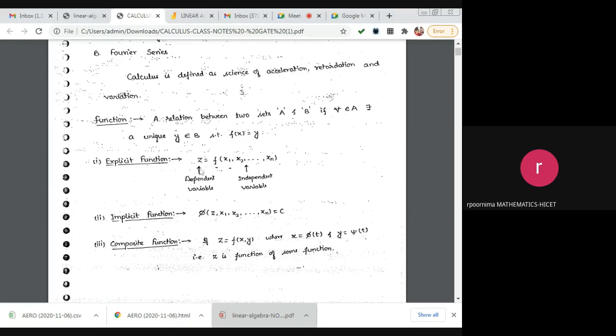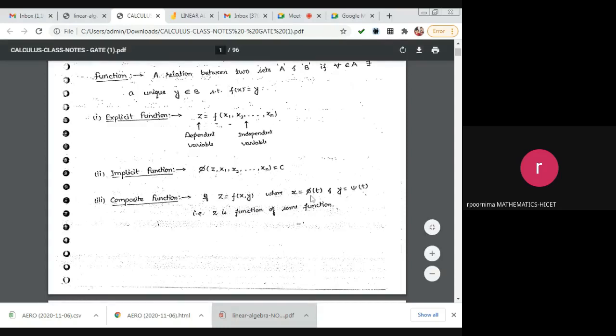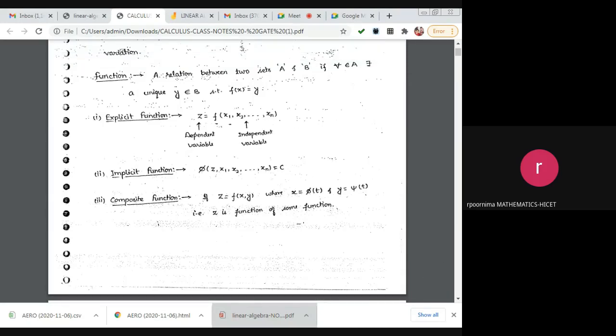It is an explicit function: a dependent variable with independent variables, z equal to f of x1, x2, etc. xn. z is called the dependent variable and x1, x2, etc. xn are called independent variables. Then implicit function: phi of z comma x1, x2, etc. xn is equal to some constant c. Then composite function: if z equal to f of x, y, more than one function with one variable, where x is equal to phi of t and y is equal to psi of t, that is z is a function of